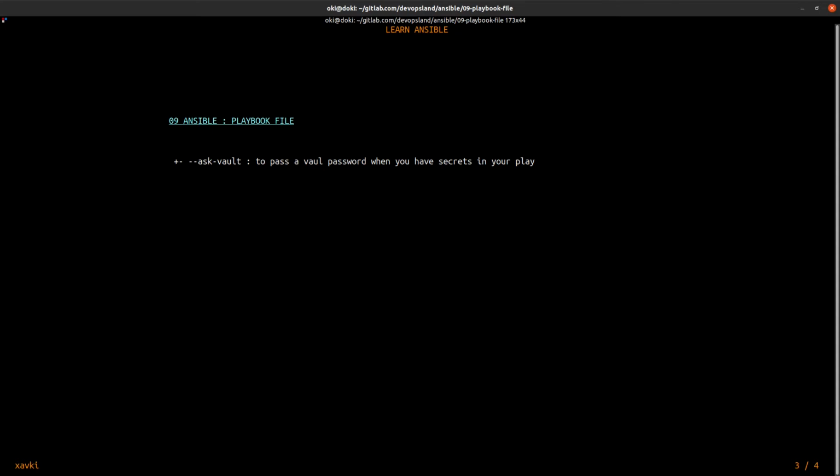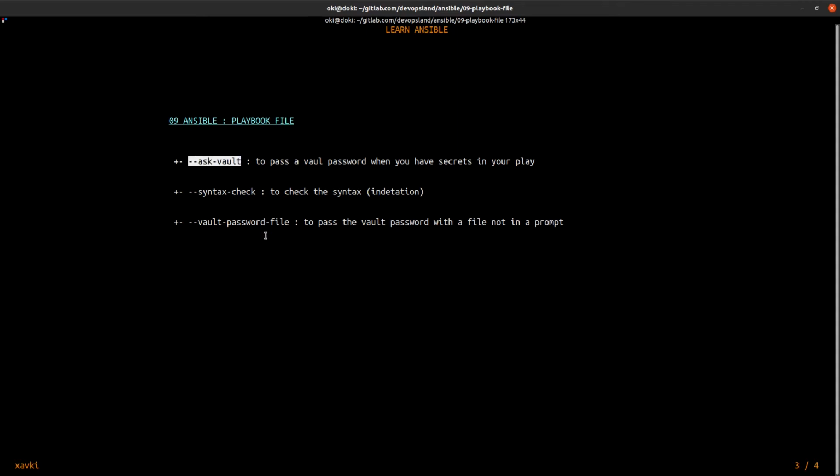You can encrypt your variables, and to decrypt them, you can use --ask-vault-pass. --syntax-check checks the syntax, like the indentation in your YAML file. --vault-password-file: if you don't want to enter your vault password with your keyboard, you can pass a file with this password. This is a simple way.